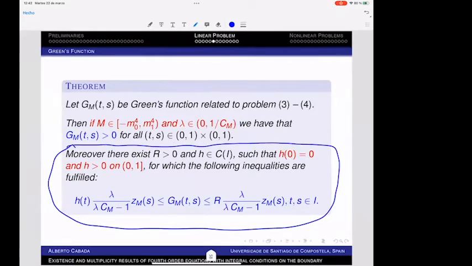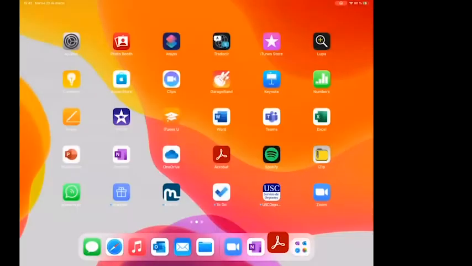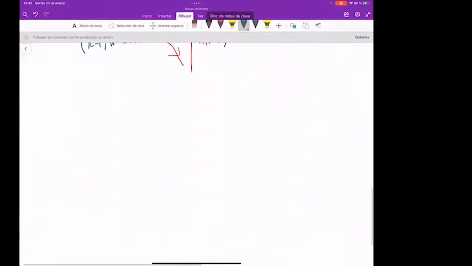Because this kind of property is fundamental to define a cone and to apply degree theory, Krasnoselskii, Williams, etc. In general, what we need is that the Green function must be less than, imagine, phi1(t)